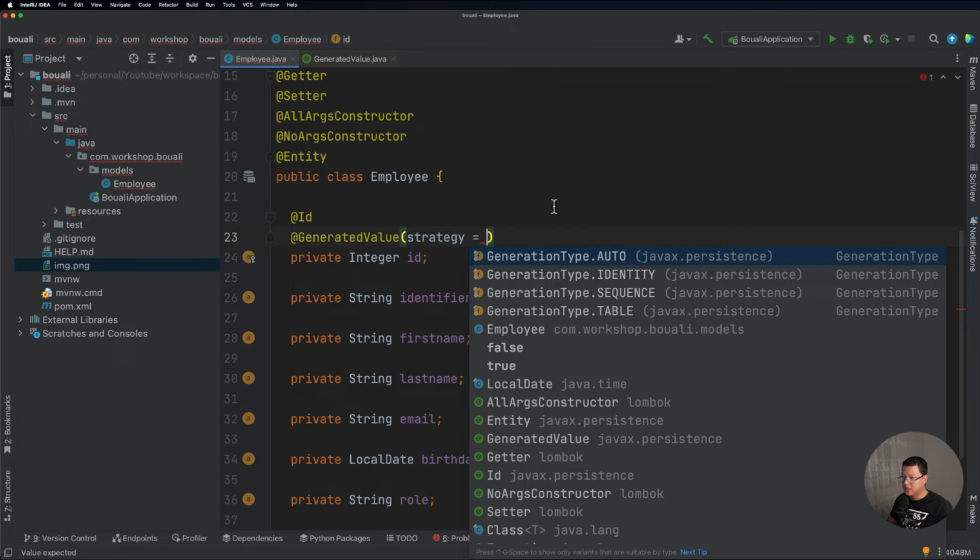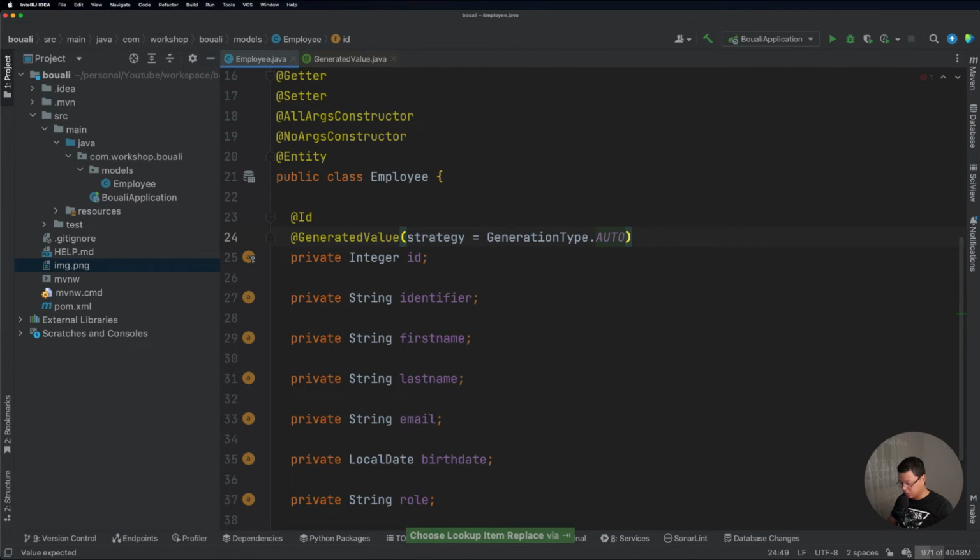Okay, so this is the first attribute. Let's say it's AUTO, and then we have the generator. For this generator, for example, if you want to explicitly use a sequence, you can create your own sequence and tell it this is my sequence, or this is the sequence name or generator name to use.